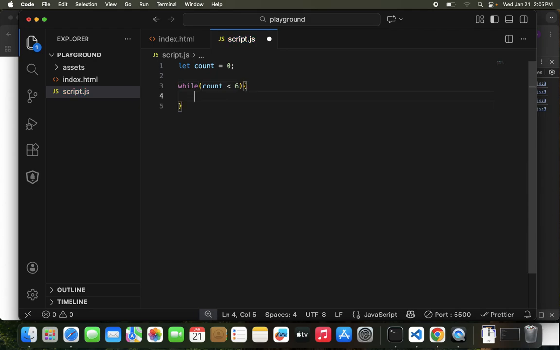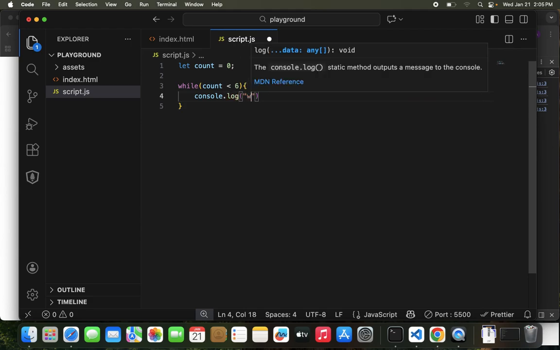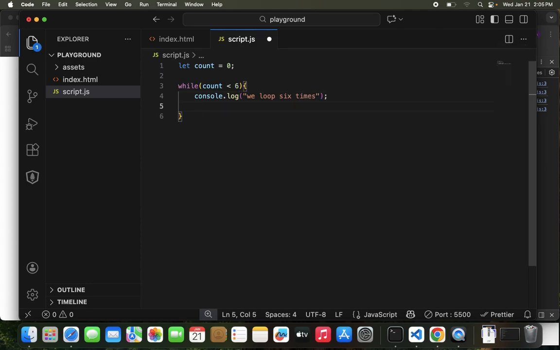Then inside here I can say console.log we loop 6 times. Okay? And then I can increment this loop. I can increment count. So